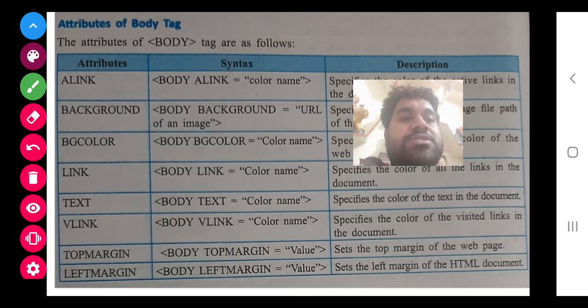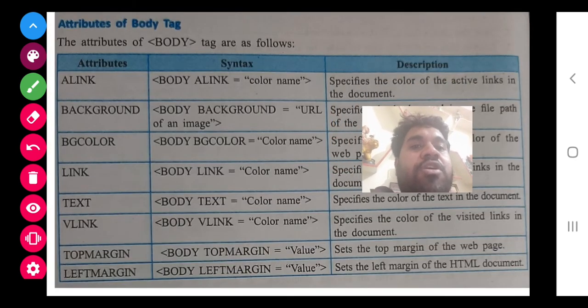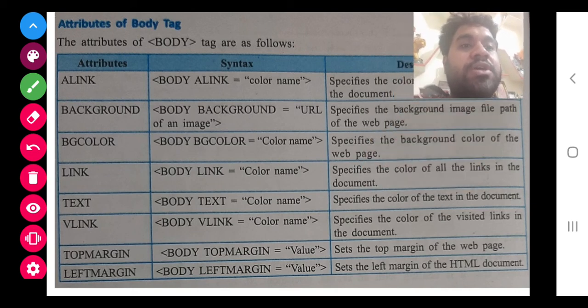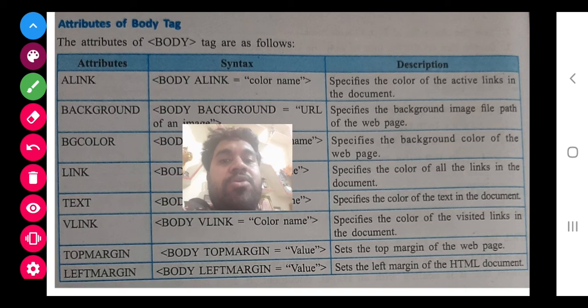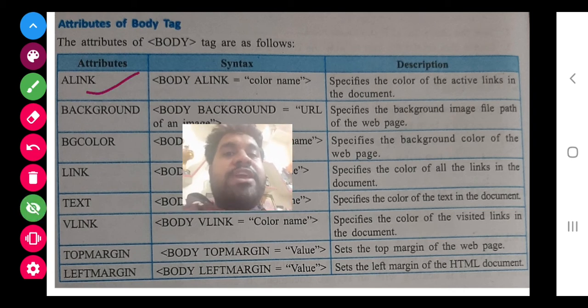Now next, the body tag has a lot of attributes, and it is very important to learn these attributes. I have told you that an attribute is the property of the tag. So what properties can we use? Link: suppose you are creating a hyperlink, like the blue line you have seen in web pages. You can define the color also.